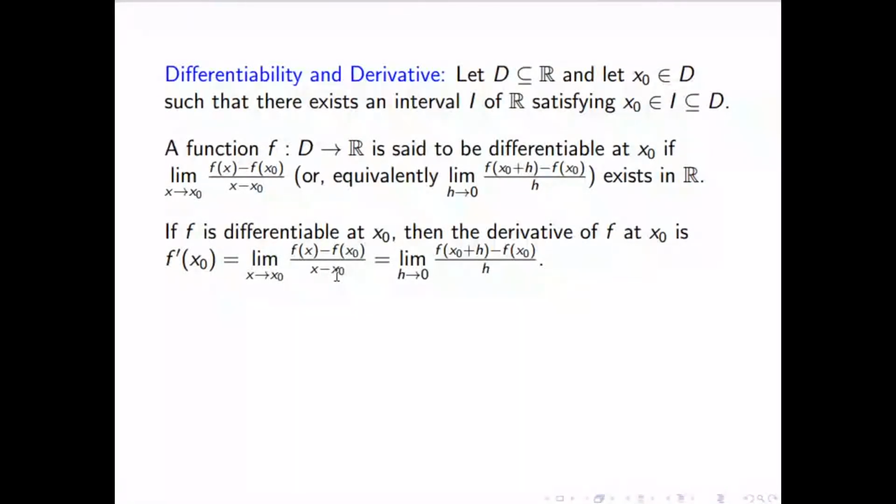Okay, the second line means the definition of differentiability. So the function f from D, the domain of the function, to R is said to be differentiable at a point x0 if this limit exists. If this limit doesn't exist, we will say that the function is not differentiable at that point. We'll see some examples of how to find the limit also. And if the function is differentiable, then this limit must be equal to